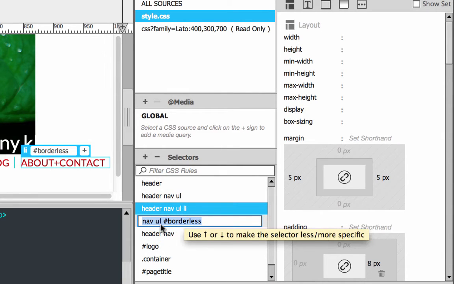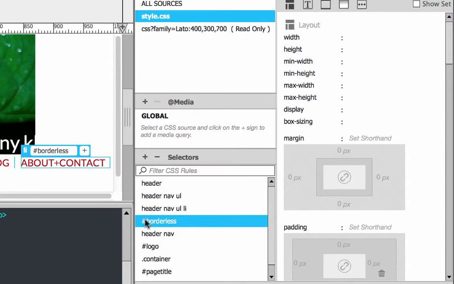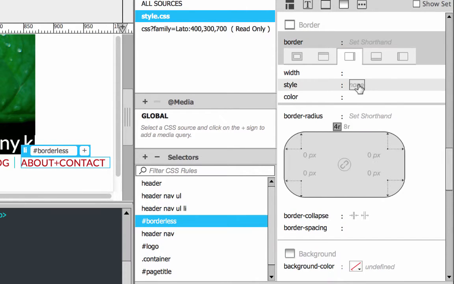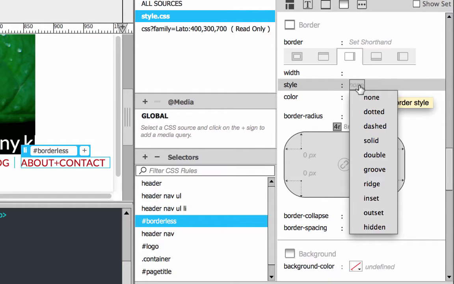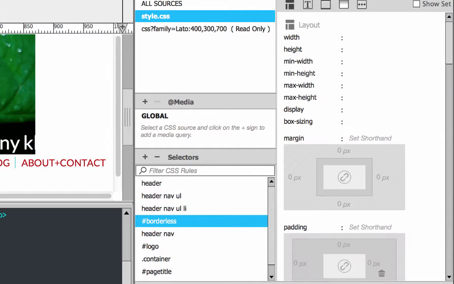So I'm going to leave this selector as it is, or I could simplify it further to say just hash borderless. And now I come up to my border properties, go to my right border, and under style I say none. As soon as I do that, it gets rid of the right side border that was showing up here.